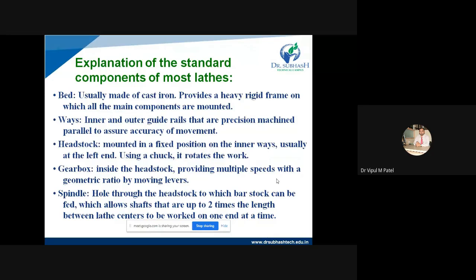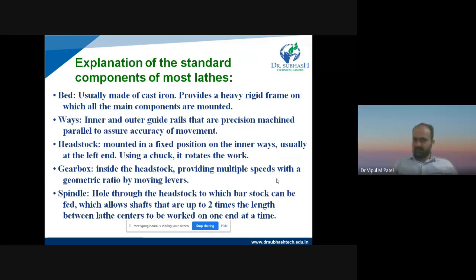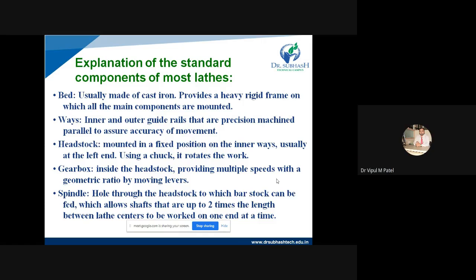The important units and parts of the lathe machine that we saw in the previous slide, here is the explanation for your understanding purpose. So the bed that we have seen, the bed is usually made of cast iron. It provides a heavy rigid frame on which all the main components are mounted. That heavy rigid frame, on which all the main components are mounted,